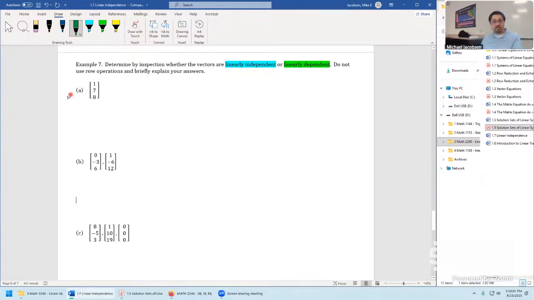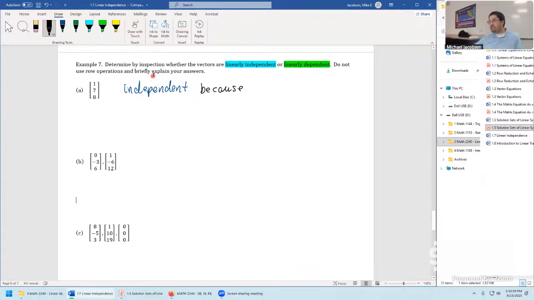First set of vectors is just containing one vector itself. Anyone see what the conclusion should be for this one? Would this be independent or dependent as a set of one vector? Absolutely, this is an independent vector. Independent, because